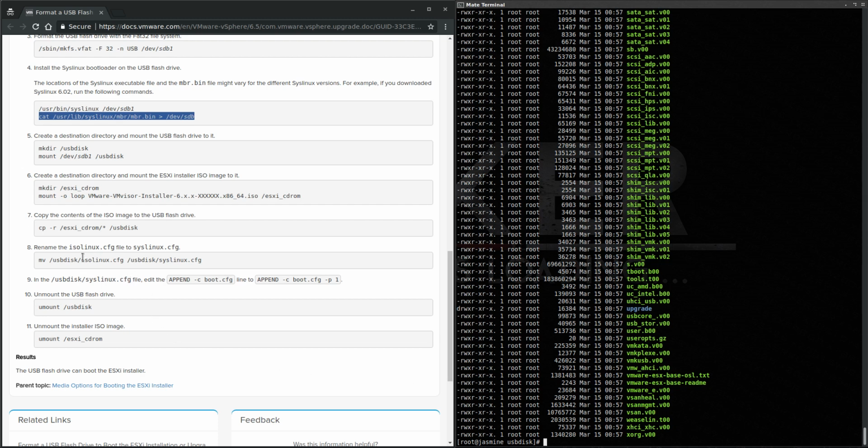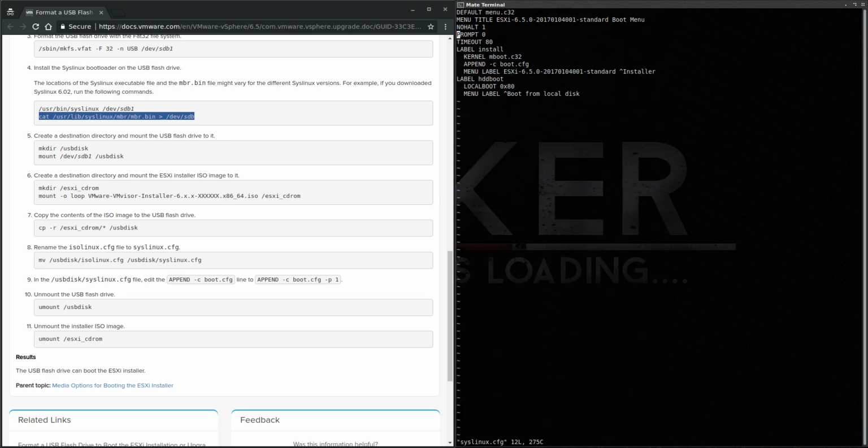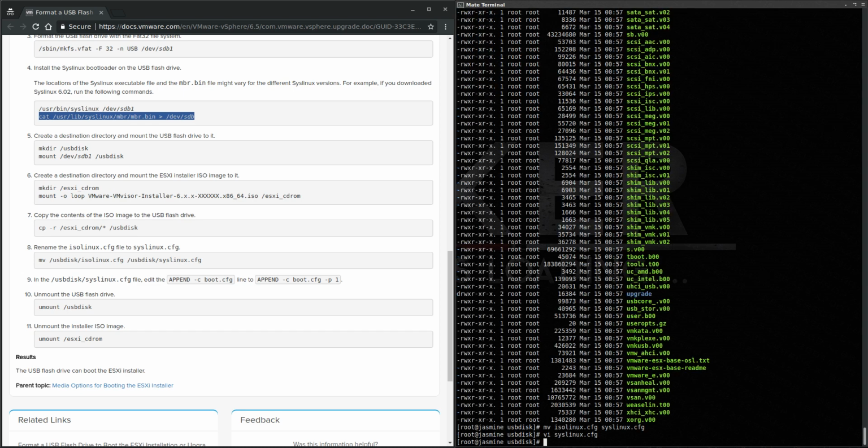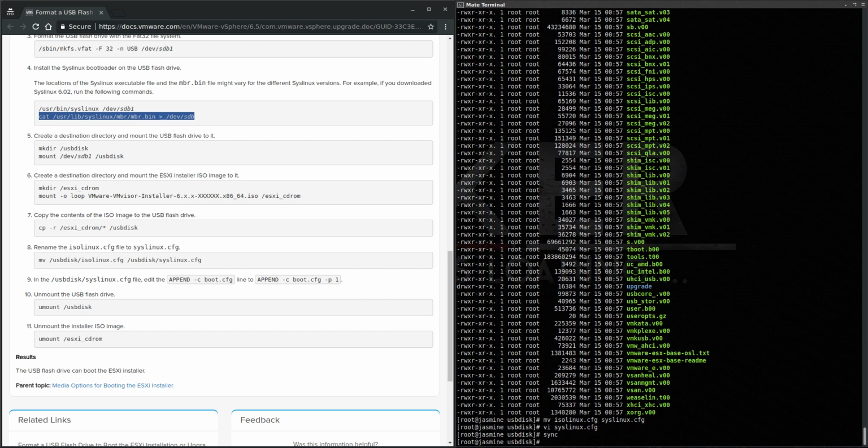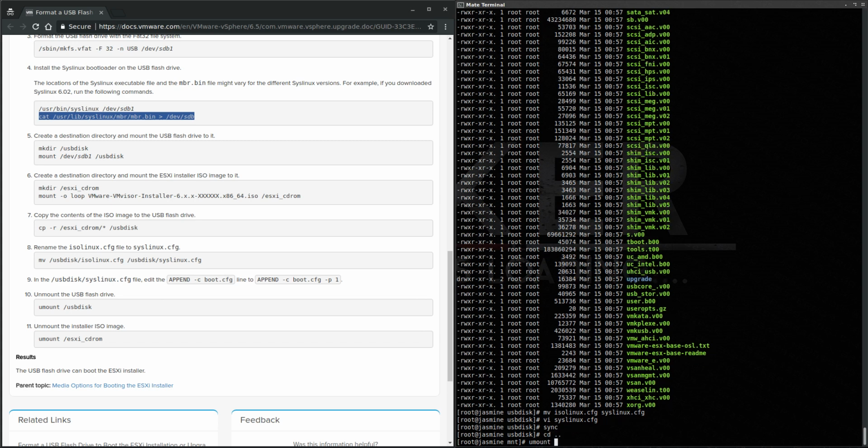And now we are at step 8. We have to rename the isolinux config file to syslinux config, and we have to make one edit to this file. That is here on the append line. Give it a -p space 1. Let's go ahead and save that. And so at this point we're pretty much done. Let me just sync the changes to the drive, and let's go ahead and unmount